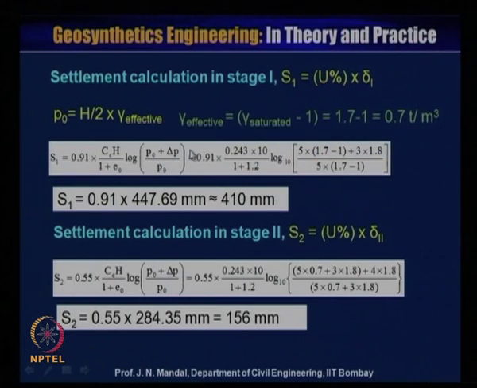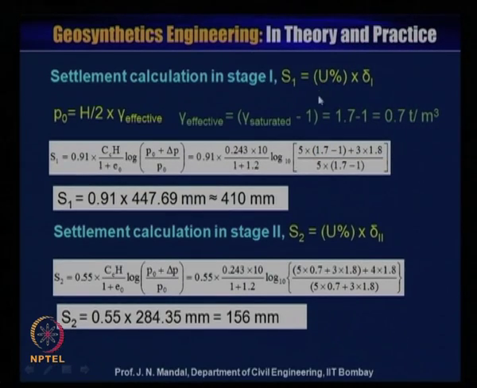Now, settlement calculation in each stage. S1 is equal to U percentage into delta 1, where P0 is equal to H by 2 gamma effective. Gamma effective is equal to gamma saturated minus 1, and the given gamma saturated value is 1.7 minus 1, that is 0.7 ton per meter cube. So, settlement S1 is equal to 0.91